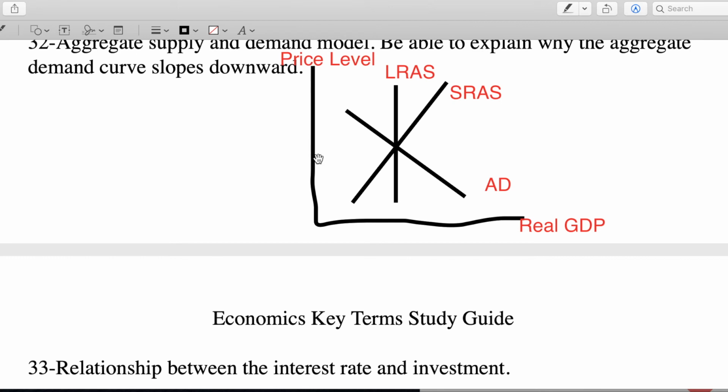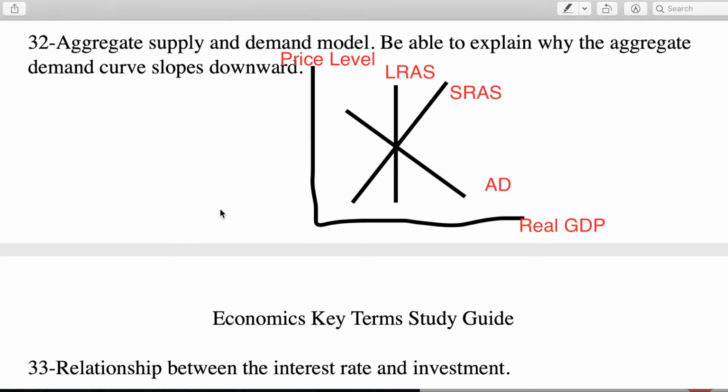So the changes in the price level give us inflation if the price level rises, deflation if it falls, and then at the equilibrium we have the full employment level of GDP, right? That's like potential GDP. If the actual GDP is beyond the potential or full employment GDP, there's an expansionary or inflationary gap. If it's smaller than the full or potential GDP, then we have a recessionary or contractionary gap.